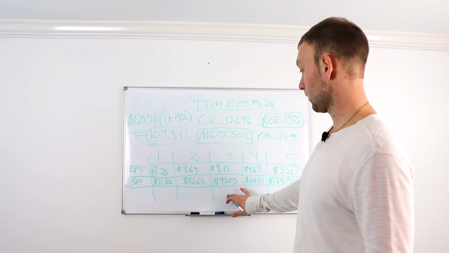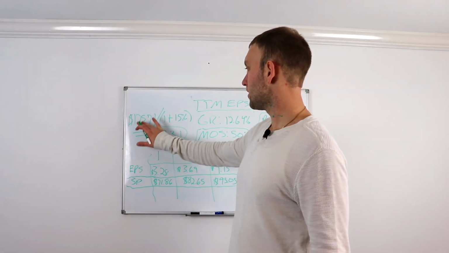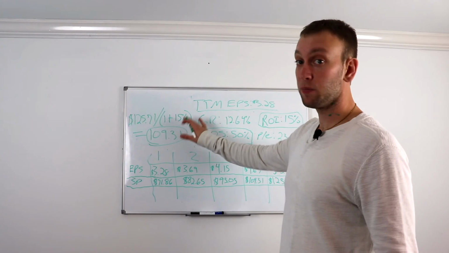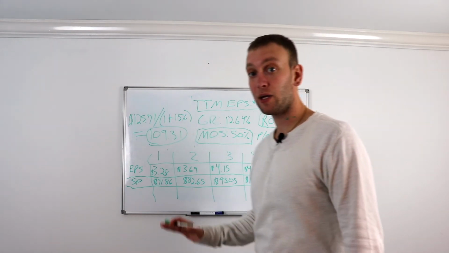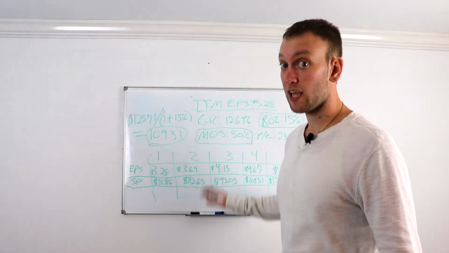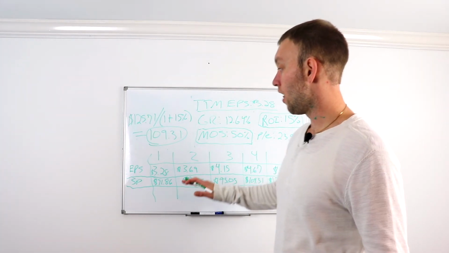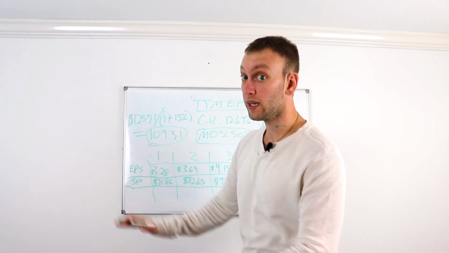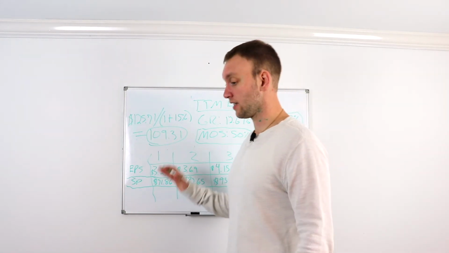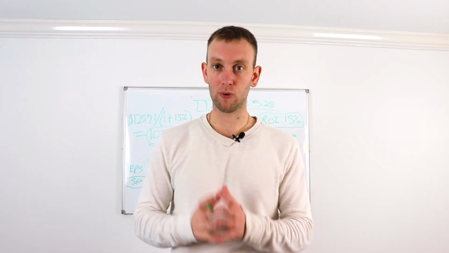So now we got to get to 2023. So what you do is the same exact thing. You'll do $109.31 divided by 1 plus 15%, giving you a fair value of Apple in 2023 of $95.05. Then you do the same exact thing for year 2, giving you $82.65. Then you do the same exact thing one last time and you get to $71.86, guys. And that gives us the fair value of Apple today.